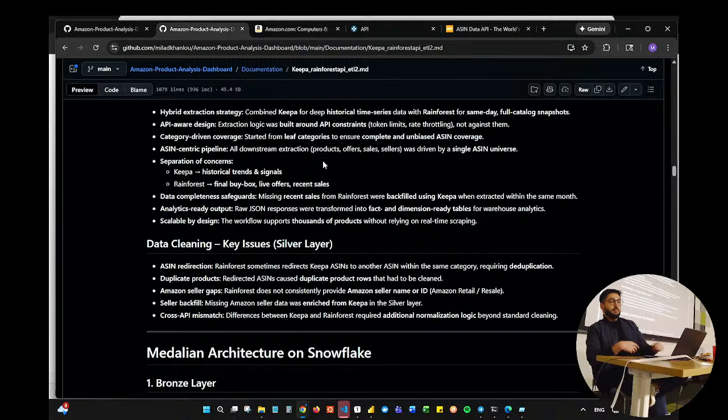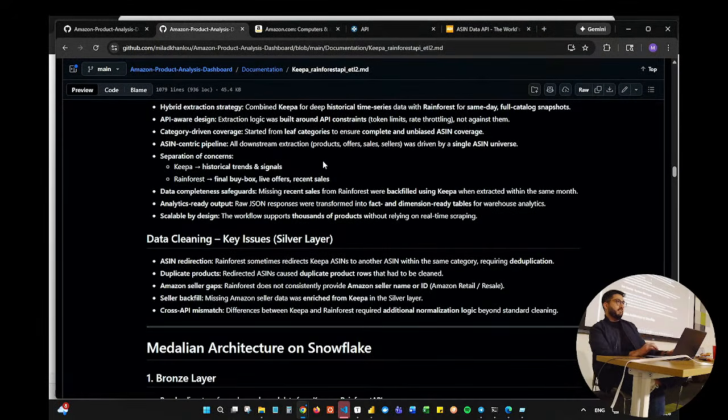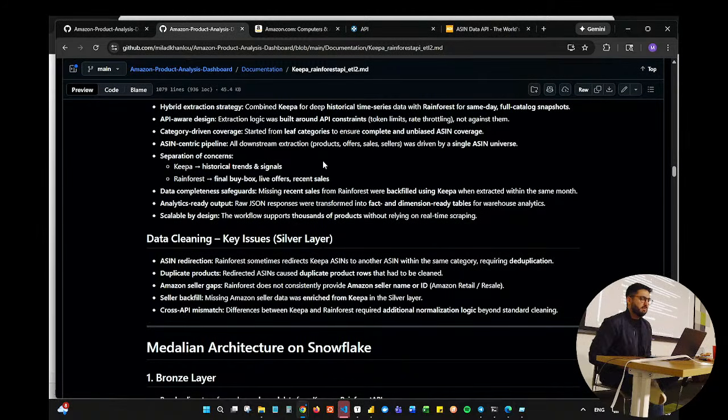It reads the same product, so I had duplicates. So from, I think, 900 products that I extracted from Keepa, about half of it from Rainforest could not be found. So extra in Snowflake. So everything, all the data I have on both,